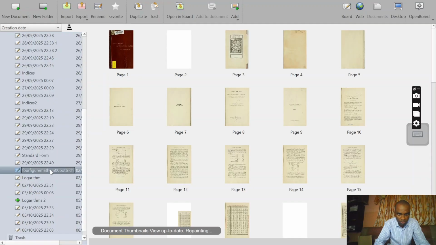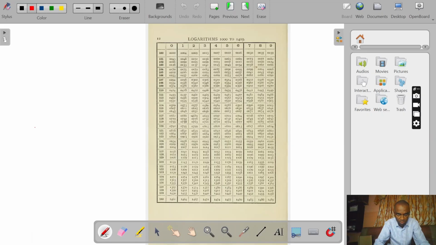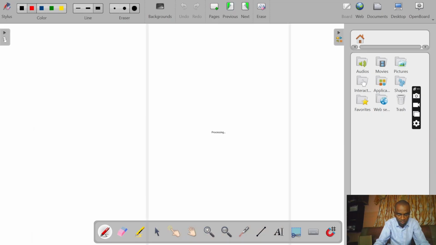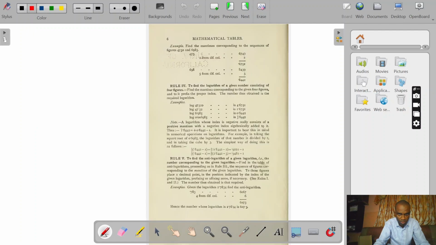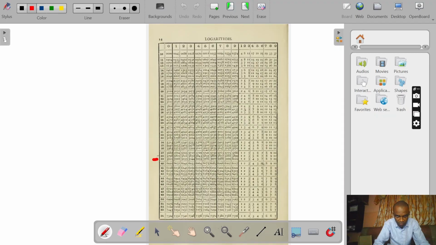So 31 under 5 is 4983. I have 4983 here. Difference 6 is